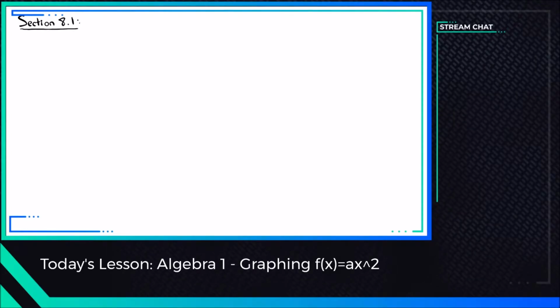And section 8.1 is going to be about graphing f of x is equal to ax squared. So what happens when you have a square in your graph? That is known as a quadratic function, and a quadratic function